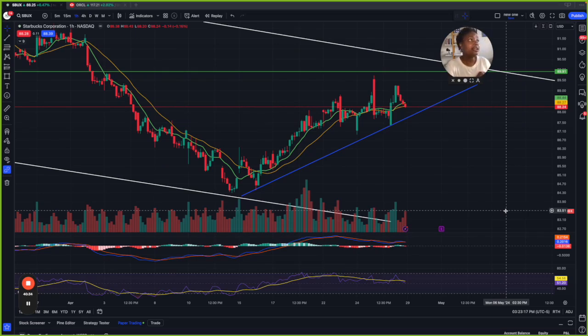Now, if earnings last week didn't show you anything, it's that yeah, the chart matters, but not always when it comes to earnings reports, because it's about investor sentiment when that forward guidance comes out. That's pretty much when they do the earnings calls, they address the things that didn't go well. And then they tell us, but look, this is how we're going to fix it, and this is how we're moving forward. That forward guidance lets us know what to expect in the next quarter, which is quarter 2.